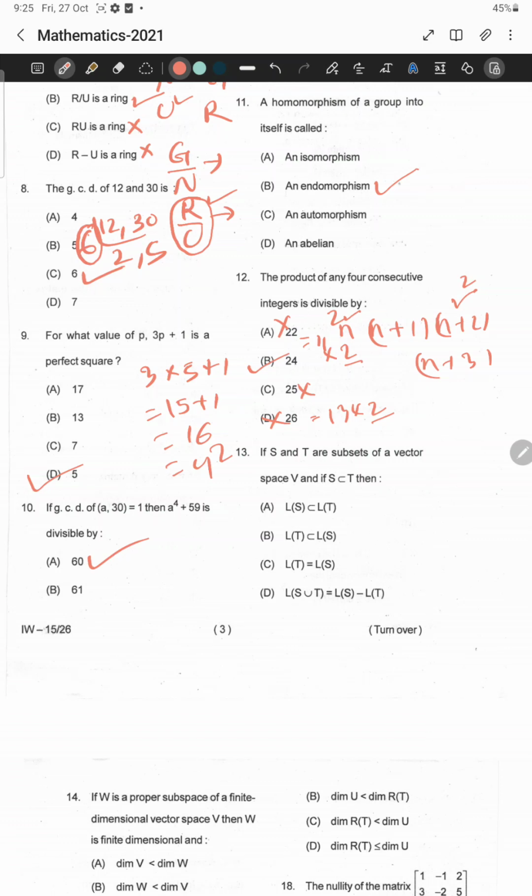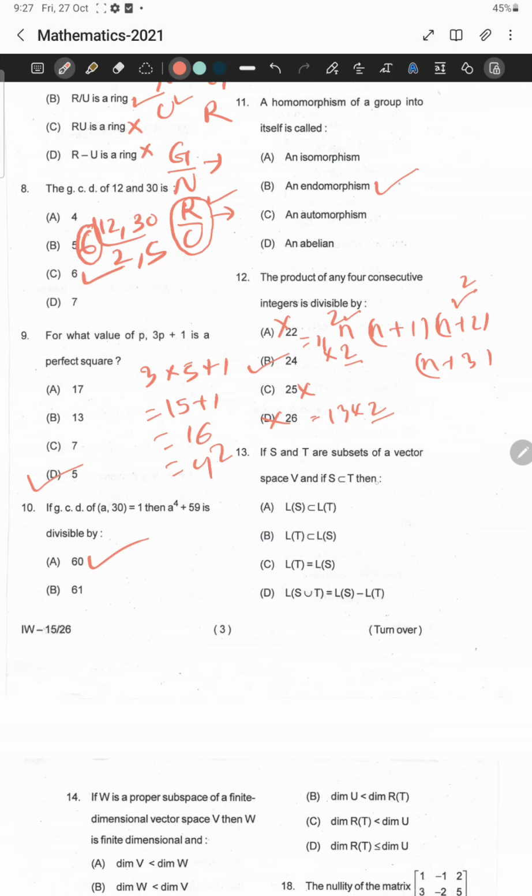You can also prove it by the modular form as in the previous question number 10. In this way you can prove that any 4 consecutive integers are divisible by 24. This is a standard question, one can prove it. Let us move to question number 13. In question number 13, it is given that S and T are subsets of a vector space V, and if S is